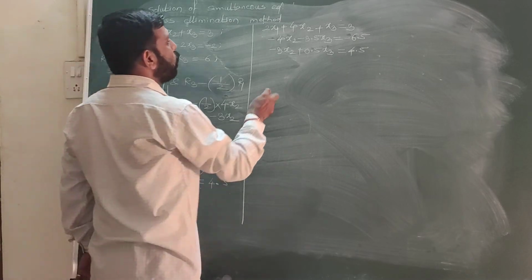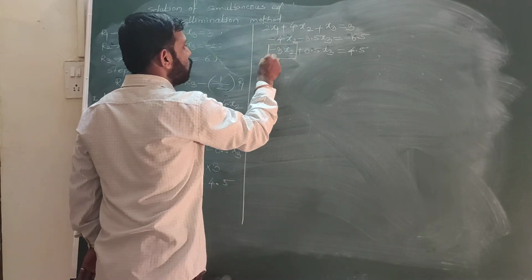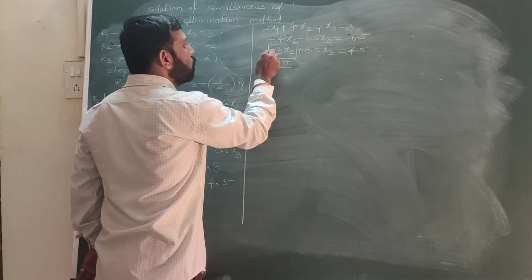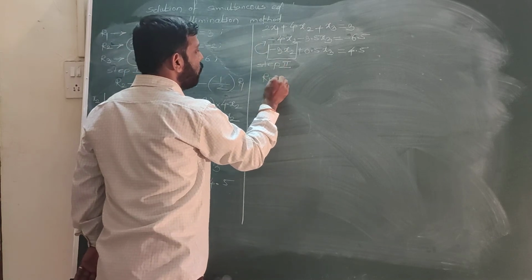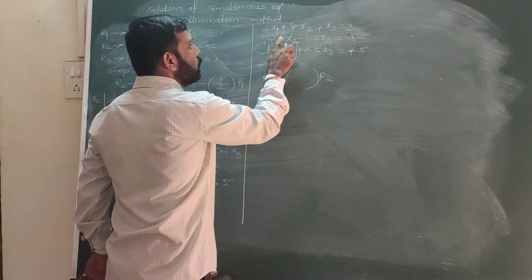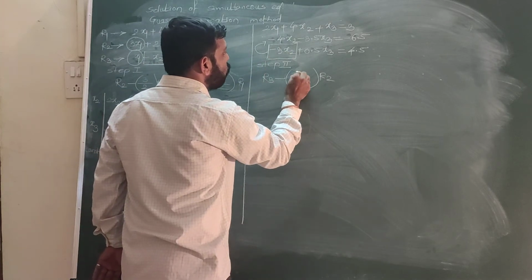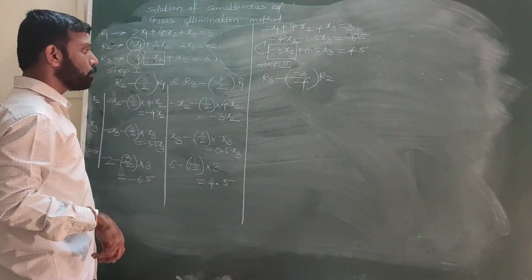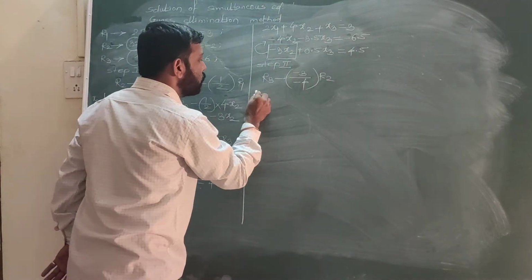In the next step, we'll perform the second operation. Make this element 0. This is our step 2. Perform the operation R3 minus R2 because its diagonal element is minus 4x2. Multiplying factor: R3 coefficient is minus 3 and R2 coefficient is minus 4. So this becomes 0. What is x3 and constant in the third row?